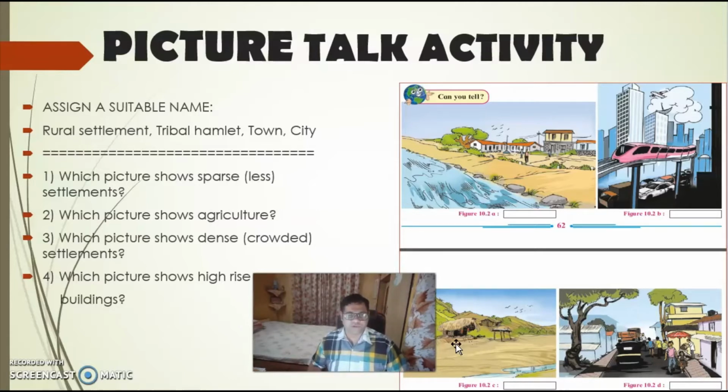Then we come to town. Which is a town from among these two? Yes, this one. This is a town. It's a small version of a city where you can see the road and you can see houses on opposite side of the road. There are small shops, small houses,